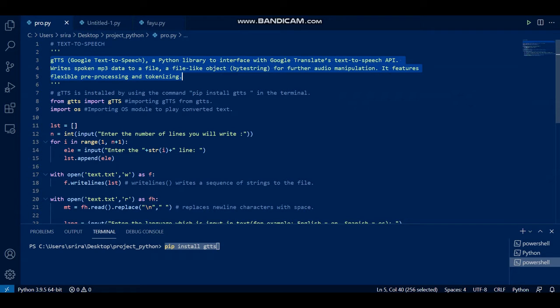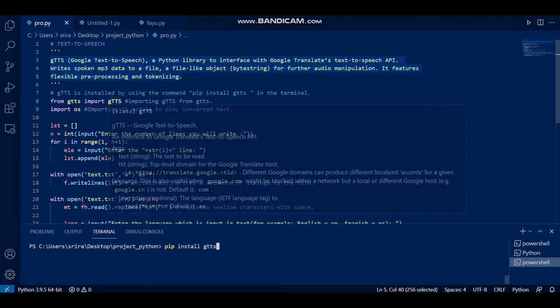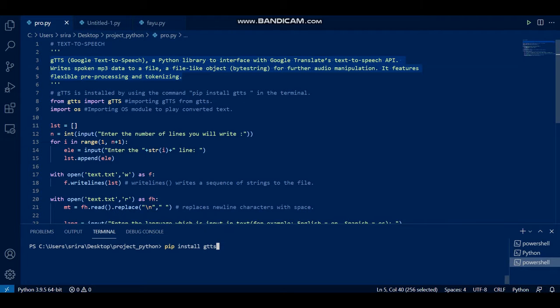So I used pip install gtts, the command that is in my terminal right now. That will install Google Text to Speech, and then I import gTTS, and then I import the OS module from the system itself, because you need not use any other new install commands.